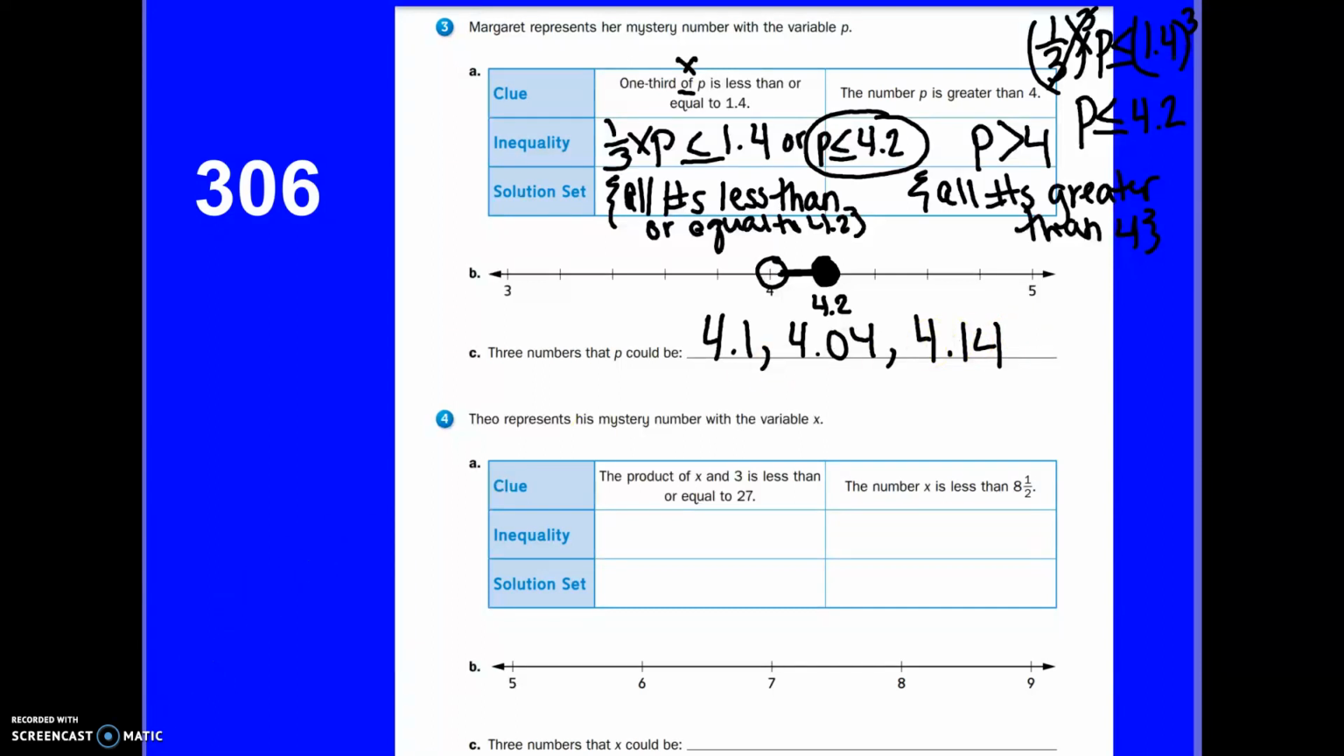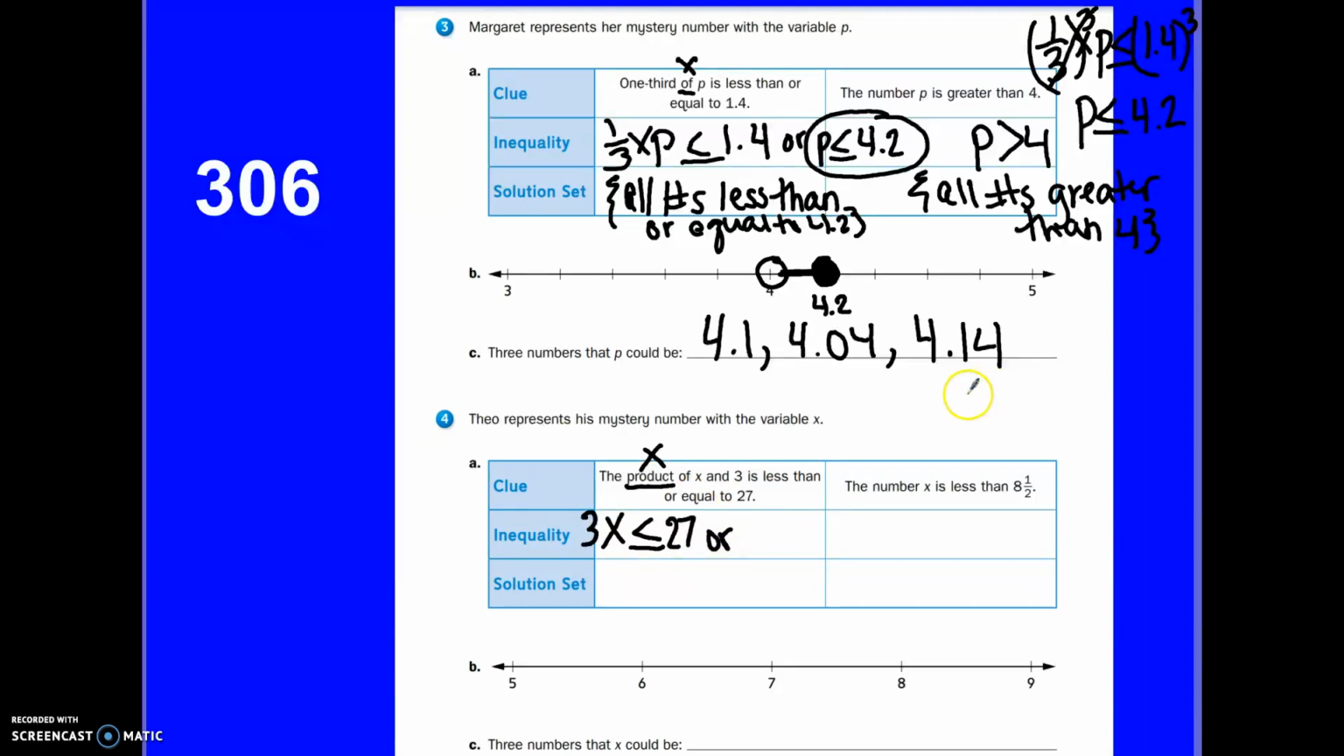So now for number 4, Theo represents his mystery number with the variable x. The product of x and 3 is less than or equal to 27. So product means multiplication. So x and 3 could be represented as 3x. Up here I wrote 1/3 times p, but we can also show multiplication having our variable and our number right next to each other. So 3x is less than or equal to 27, or